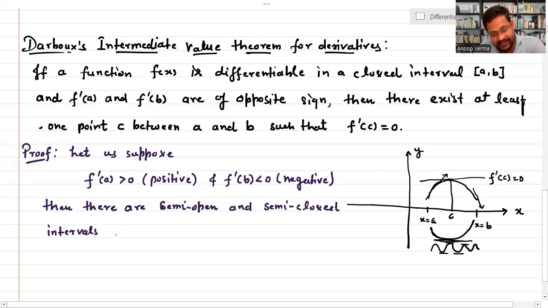So from the side of A, we are just writing A is open and this A plus H is closed, and H is very small, right? And here we are writing B minus H and this is B. So these are very very small intervals. Whatever the interval A comma B is, however large, it does not matter. But this is because H I am taking very small, so this is the interval A comma A plus H, and this B minus H will exist here and A plus H will exist here, so this interval will exist, okay, and this is positive such that